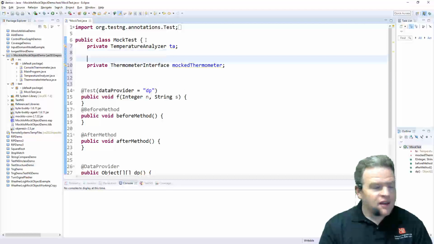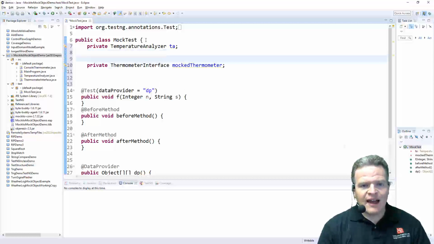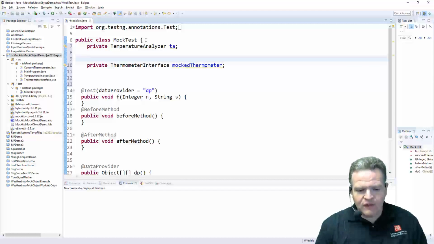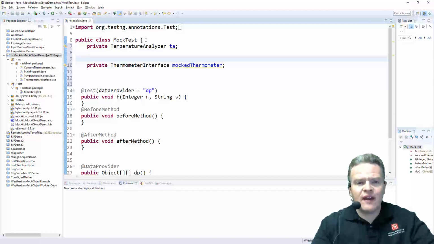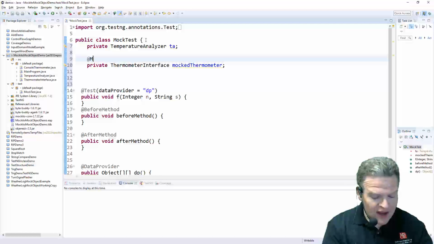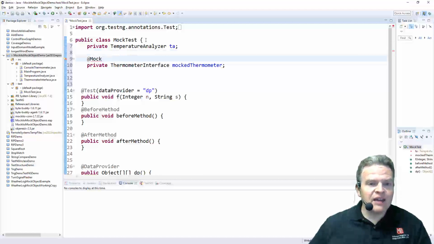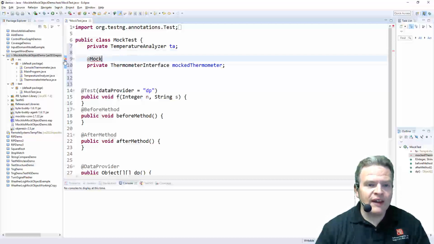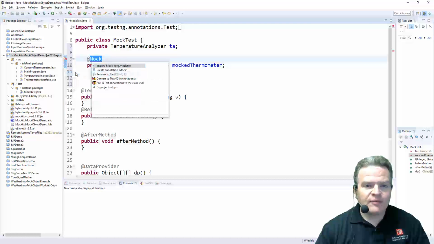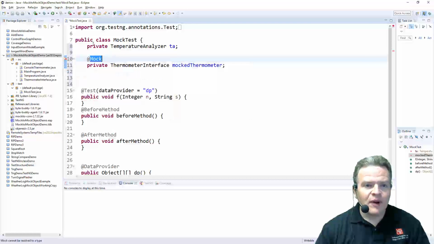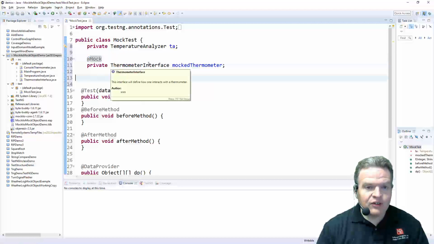thermometer. Now, this mock thermometer is a special type of class, or a special type of system, in that it's an interface that we are going to mock. So I'm going to add the mock annotation to it. Now I need to also pull that in to my project from Mockito,